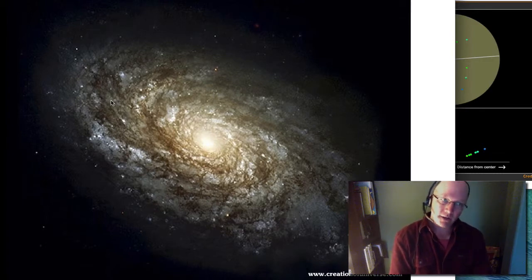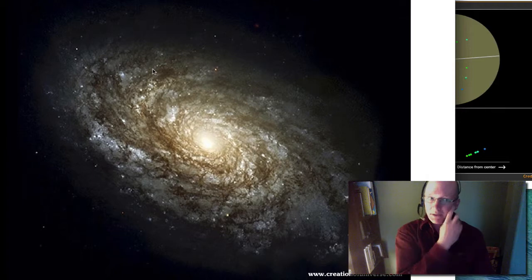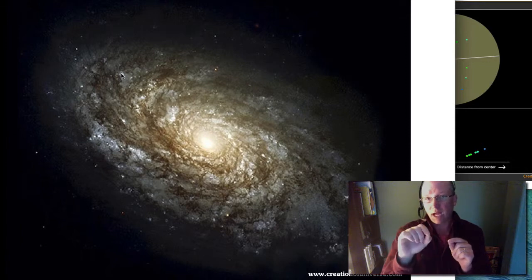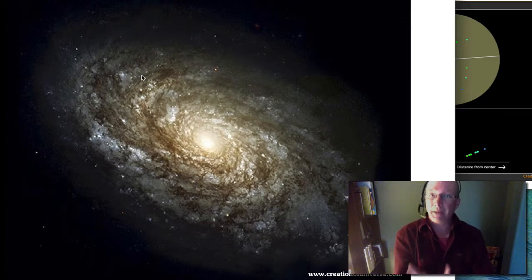The mass drops off as a function of distance. All these stars are orbiting around that we can see. So we should be able to take a galaxy and do the same experiment. We should be able to pick a star, using Doppler shifts to figure out its velocity, so pick a nice edge-on galaxy and look at the velocities of the stars in the galaxy to measure the mass interior to those stars. The only trick is that inside here there's so much stuff that it doesn't operate like a